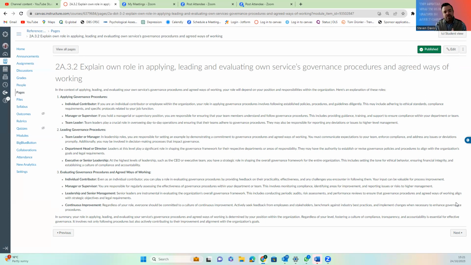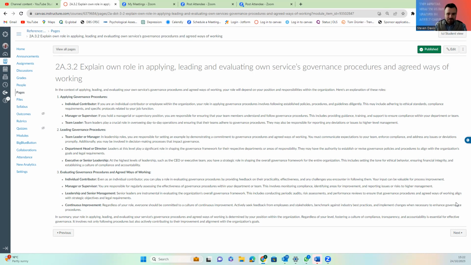When you lead the governance procedures, how you can manage your team leaders, your managers, how will they understand their roles and responsibilities around governance, so policies, procedures, audits, and coming back to departments of heads and directors. So again, they all play a part in shaping the organisation. How are you going to tell them what they need to do? And again, around senior leadership,